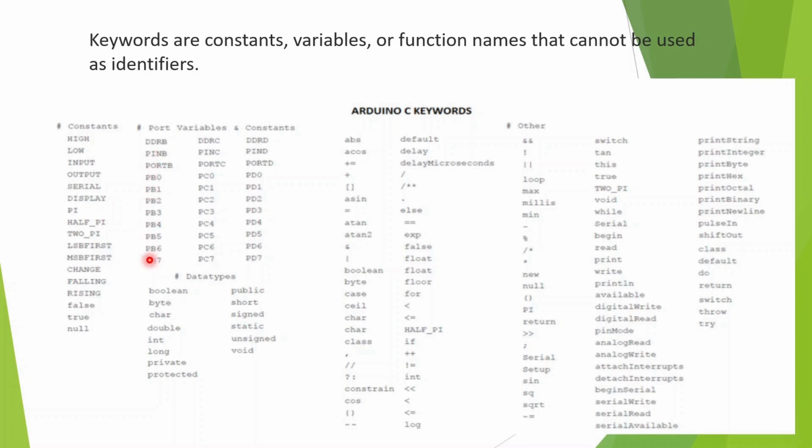The same way for port B, it is from PB0 to PB7, PC0 to PC7. All these port pins are available in Arduino Uno boards. So we cannot change the name of these by using small letters. We have to use them as they are, in capital letters. Even the register names, whatever data types we have used in C, then if else, all the operators, all the predefined function names, those keywords we cannot change. We cannot use them as user-defined keywords or user-defined function names or variable names. So we have to use them as they are in our program. So all these are the predefined keywords available in the Arduino library.